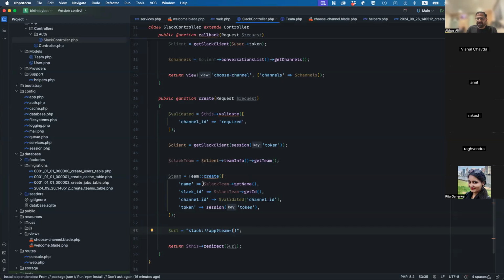This ID, the Slack ID, which is available in team arrow Slack ID. Team means workspace. So this will start the Slack desktop application and then open this particular workspace. But along with this, we also need to pass our Slack